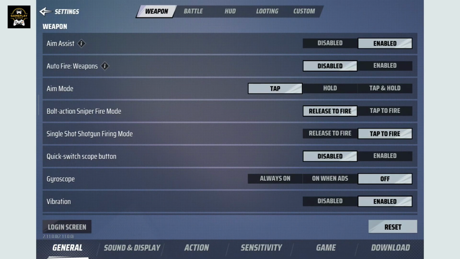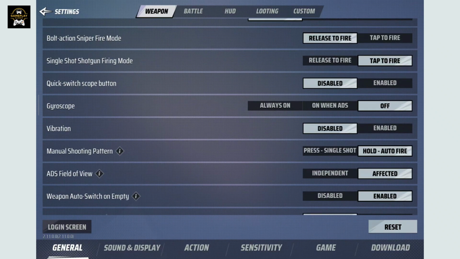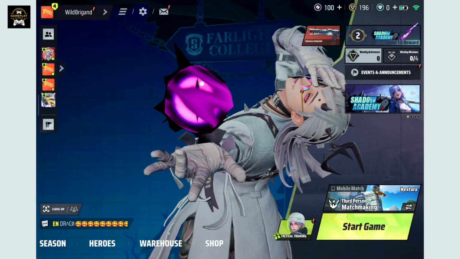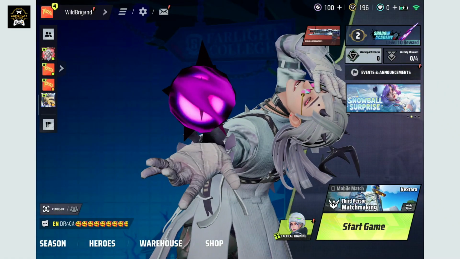And from the settings menu that appears on the screen, go ahead and scroll down to vibration and tap on disabled right next to vibration. Once you do that, you'll be able to turn off the vibration or haptic feedback option. And that's it. Now, whenever you make contact on the screen, pressing any of those buttons, you'll not receive